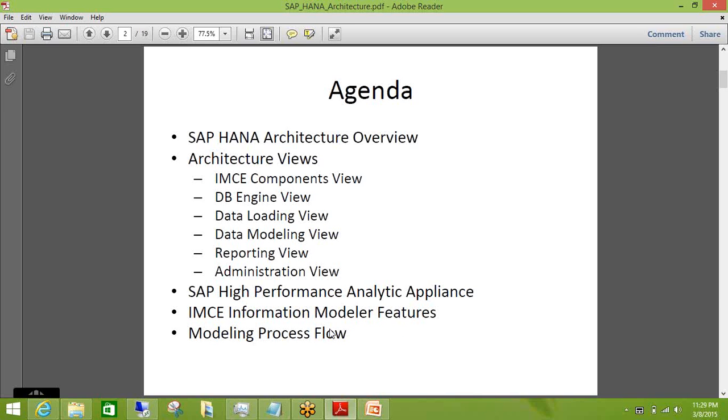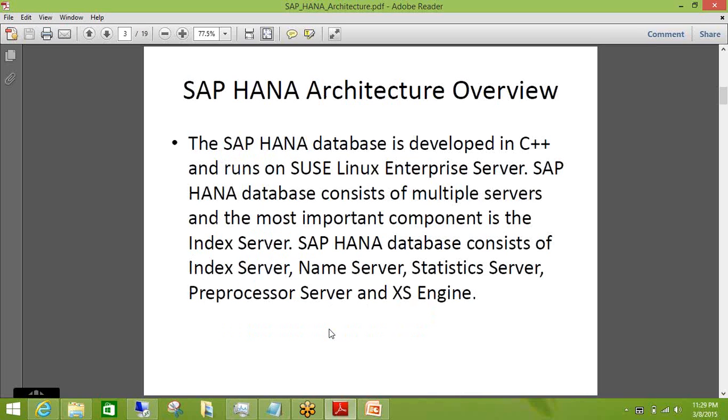HANA architecture. Now, when we talk about the HANA architecture, the SAP HANA database is basically developed in C++ and runs on SUSE Linux Enterprise. Now here I want to make a correction. The latest version available in the market is HANA 1.2 SPS 9.